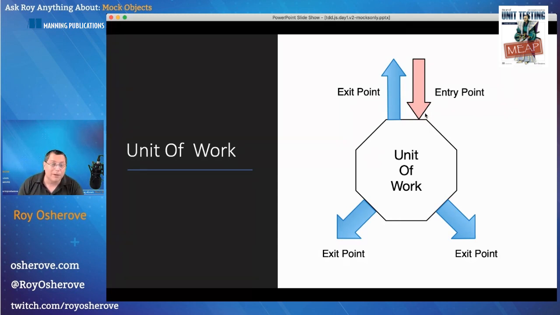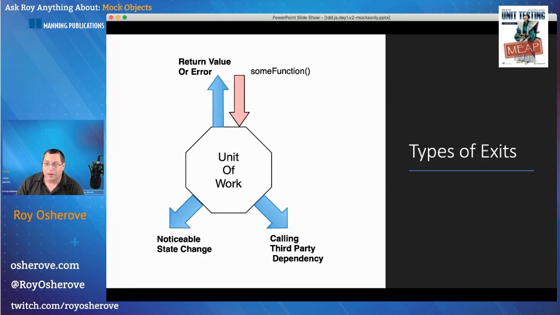So what types of behaviors do functions have, right? If we're thinking about what a function can do, what do functions actually do? Why do we call functions? Well, the first example of calling a function, we all know this, is we want to get back a value, right? So if I call a function, I can get back a return value or an error. So I'm calling the API and I'm getting back something. That's the simplest part. That's awesome. Those are also some of the easiest stuff to test.